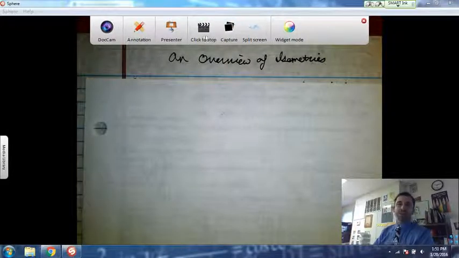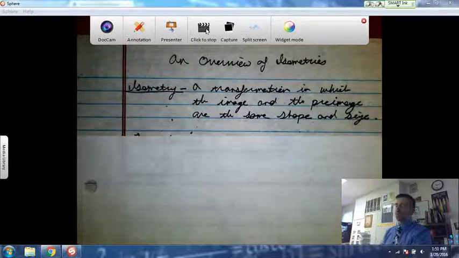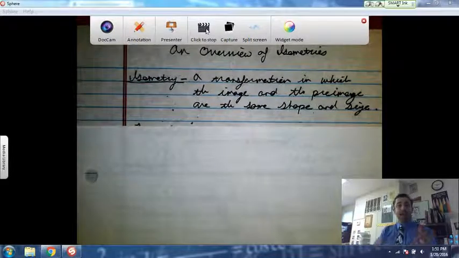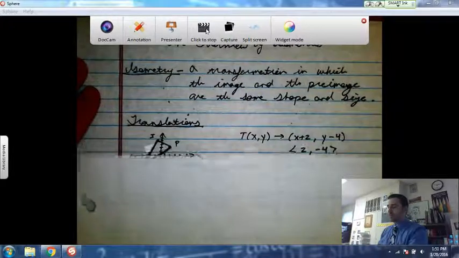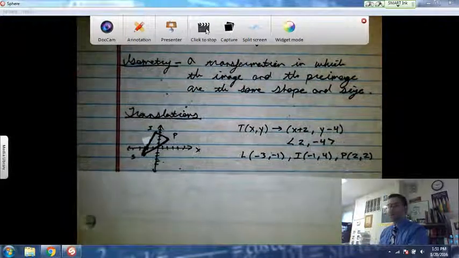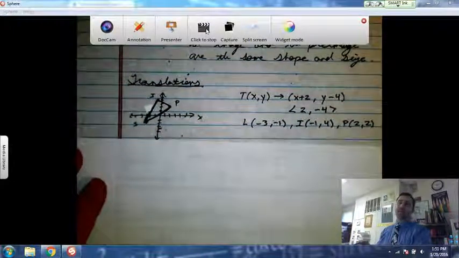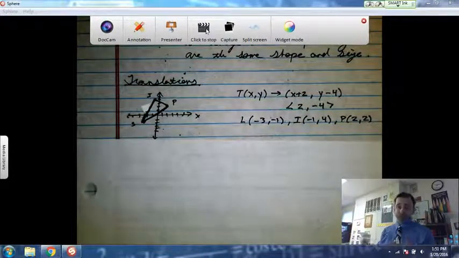In this video, we're going to have a brief overview of isometries. Now, an isometry is a transformation in which the image and the pre-image are the same shape and size. So the first isometry we're going to look at is translation. And translation is where I simply take a figure and translate or shift it left, right, up, down, given the